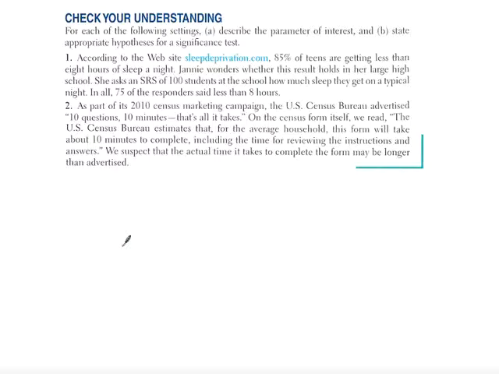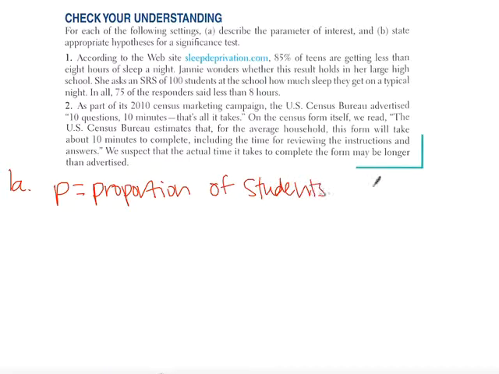So for A, it asks us to tell what our parameter of interest is. So for 1A, our parameter of interest is going to be P, which is the proportion of students at Janie's high school who get less than